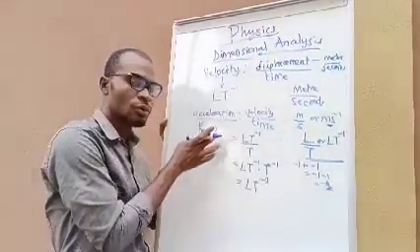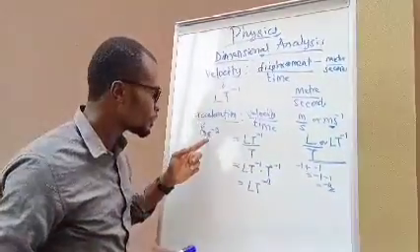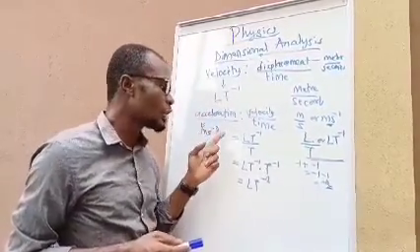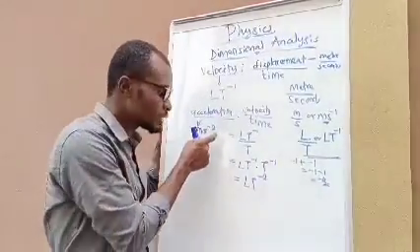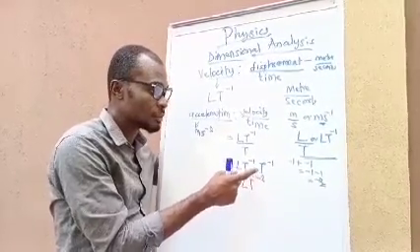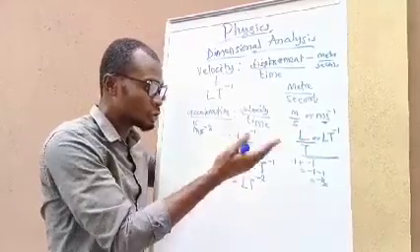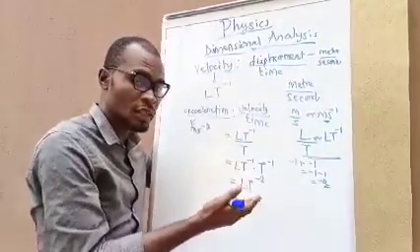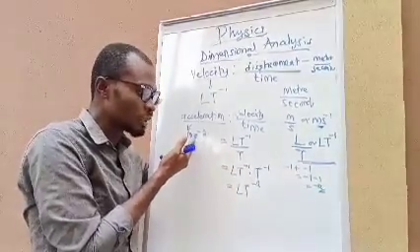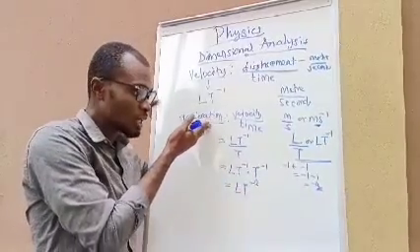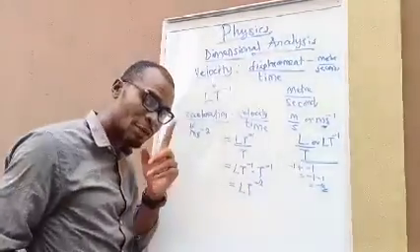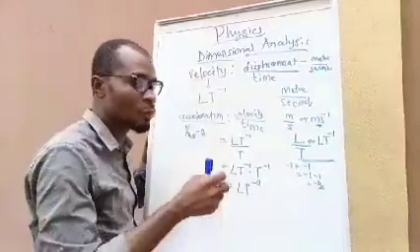So I go back to what I said earlier, if you know the units of a particular quantity, be it a fundamental quantity or a derived quantity, that makes it easier for you to establish its dimension. Like I said from the beginning of this class, dimension is just the study of the relationship of physical quantities with dimensions and the units of measurement. So this is the units of measurement, and this is the dimension of this particular quantity. You see how easy it is. So we can do one more example, and then I'll give you something to try at home, viewers.